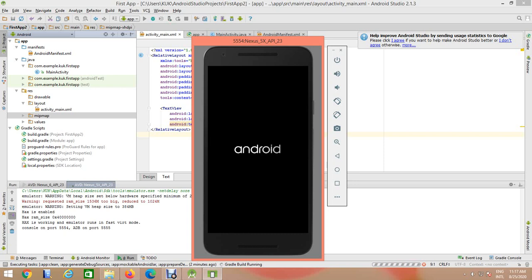So your emulator is starting, so you can check there is a lot of processing also going on there, as well as some commands being automatically executed there. There can be some problems arising in your emulator because this is a virtual device which is executing in your system. So the problems can vary. If any problem arises, you can simply message me or discuss in the lab during the lab.